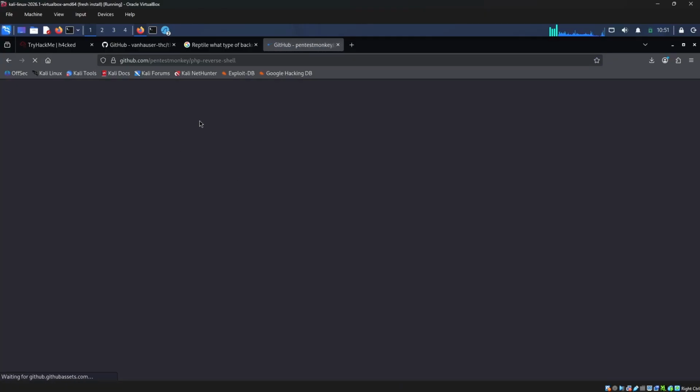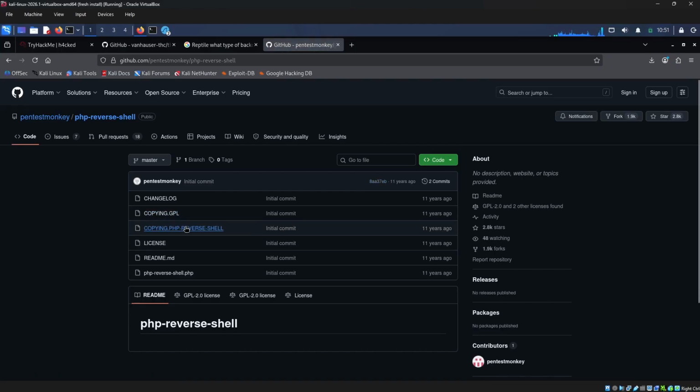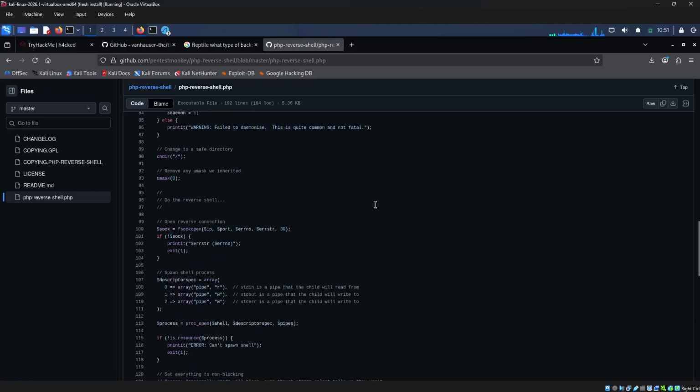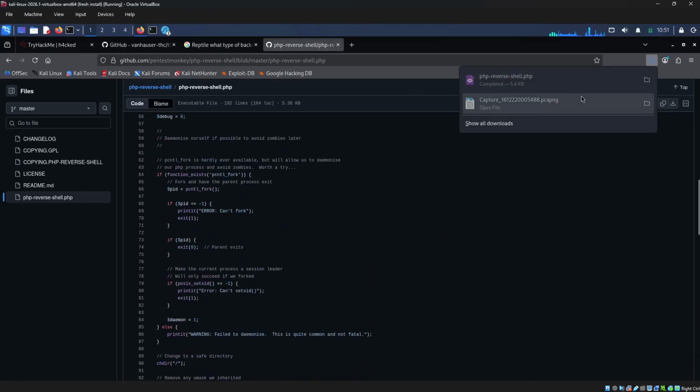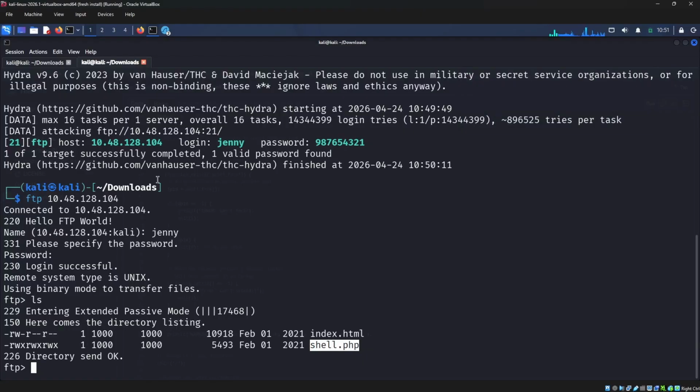So I'm not going to change anything in it. Instead, I'm going to re-upload it. You can just download this PHP reverse shell from the GitHub repo. Okay, let's click here and download. Okay, and after that you have to